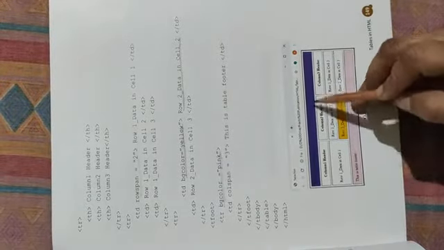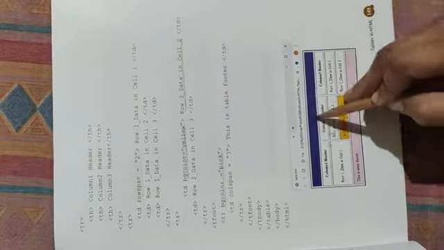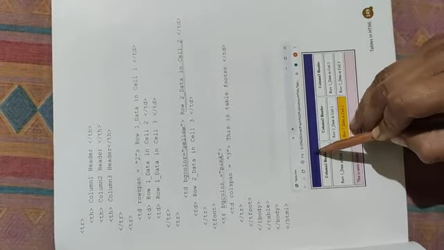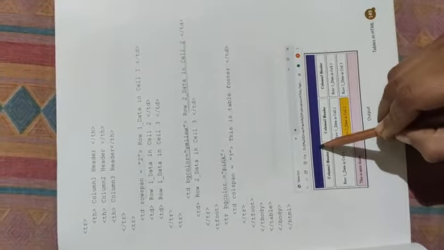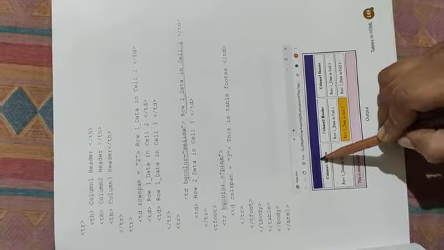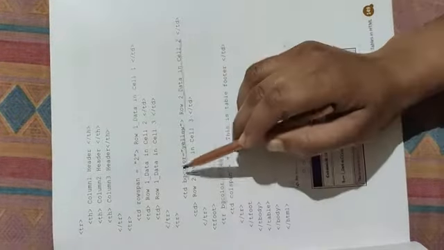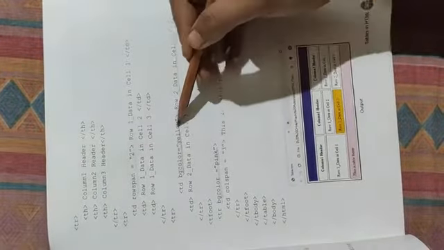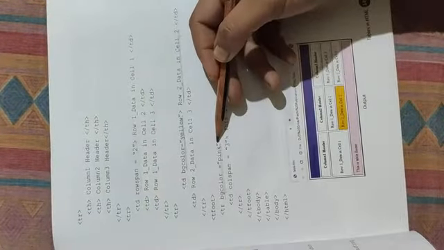In the first we use colspan equals to 3, so all 3 columns are merged, and here we give background color, bgcolor equal to blue, so this becomes blue, and here it is written this is table heading. Okay, so here the background color is blue, and see, this is bgcolor yellow, row 2 data in cell 2, this comes in yellow, and this background color is pink, bgcolor equal to pink. Understand?